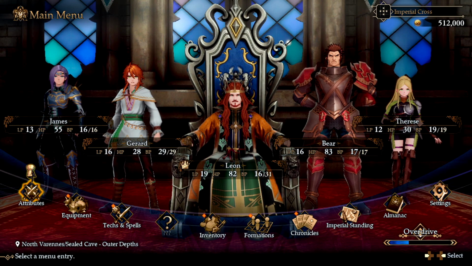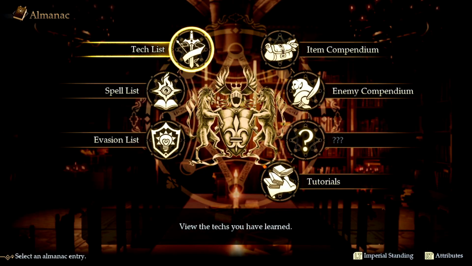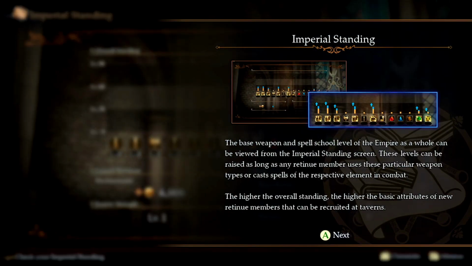I don't need your tutorials. Tutorials. Imperial standing. Oh my god. The base weapon and spell school level of the Empire as a whole can be viewed from the Imperial standing screen. These levels can be raised as long as any retinue member uses these particular weapon types or casts spells of the respective elements in combat. The higher the overall standing, the higher the basic attributes of new retinue members that can be recruited at taverns. Right. Okay, so